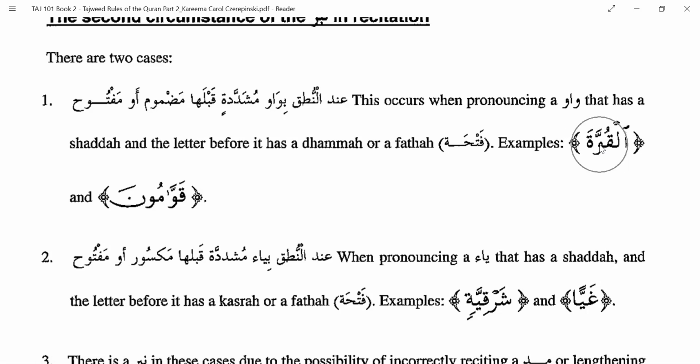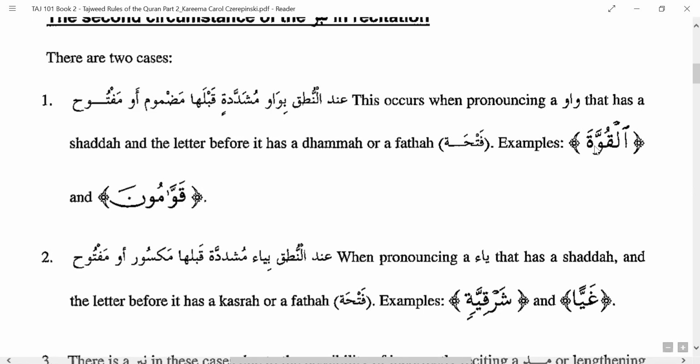It sounds like you said one. It sounds like a mad. It sounds like al-qu, like qaf, dhamma, wow, qu. But there is no mad here. It's not qu. It's wow sukoon. So that is why I have to do nabr, wal al-quwwah. I have to give pressure, raise the voice. Al-quwwah.